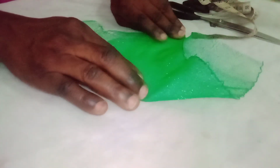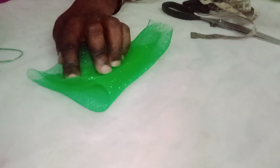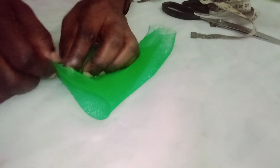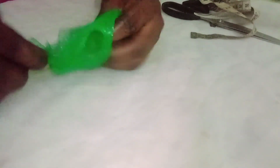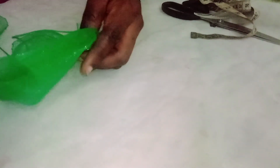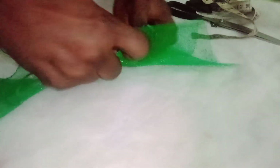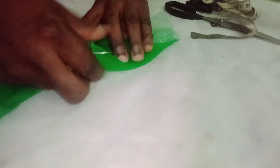in a triangular shape. Then you fold it again into another triangular shape. You can see it. Then where the two mouths join together, you put your needle and thread. Take another one, do it the same way, fold it into triangular shape, then